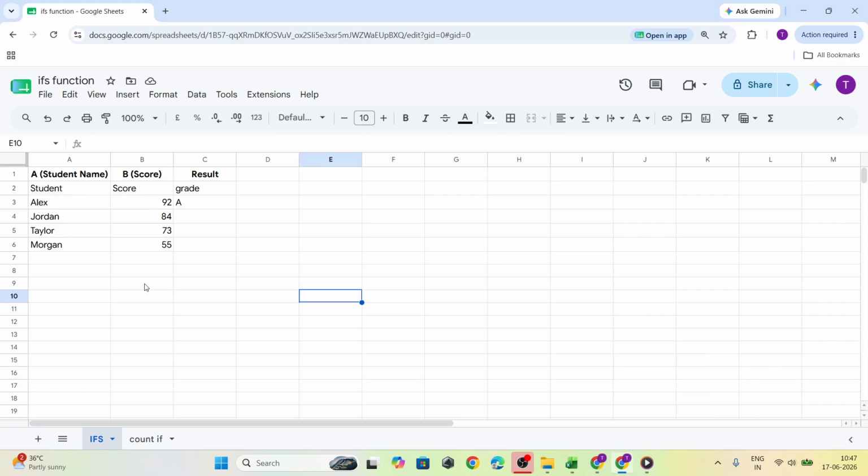In today's video, I'm going to teach you how to use the IFS function in Google Sheets. If you want to categorize values based on multiple conditions, the IFS function is a simple and efficient tool to use. It helps you test several logical conditions in one formula and return a result as soon as one of